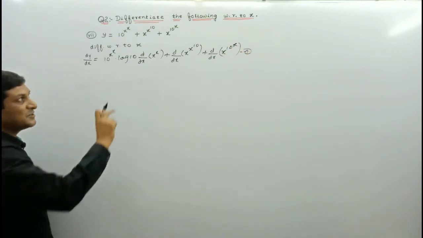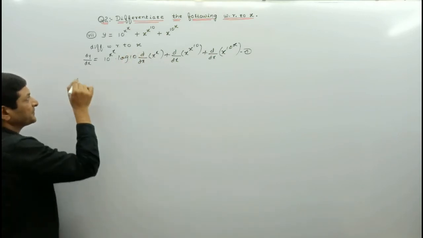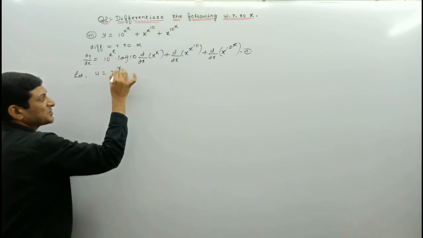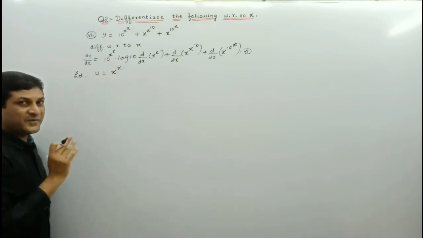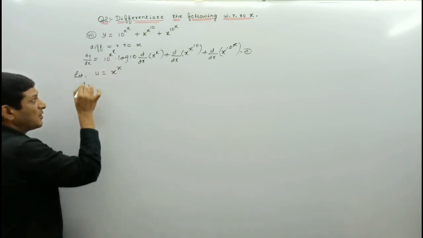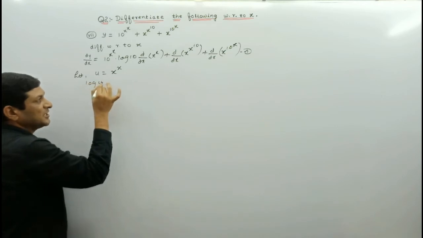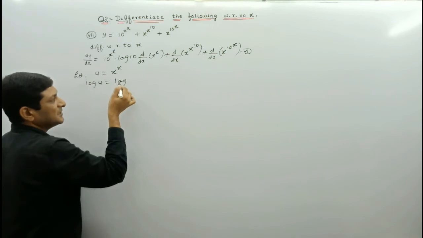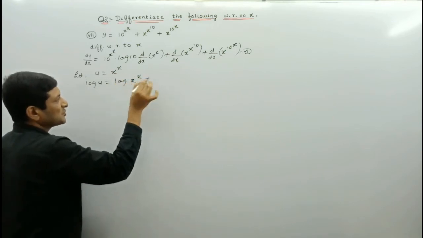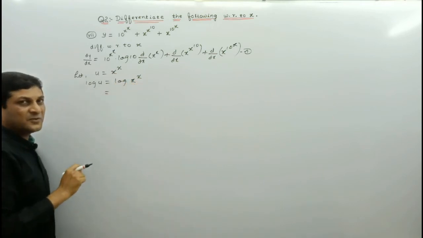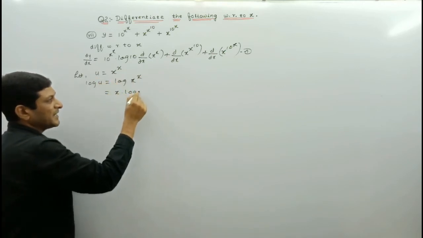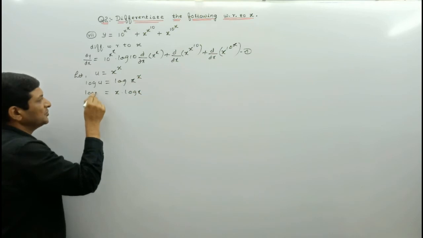Now we are trying to find out the differentiation of this term. So to find out its differentiation, let us denote it by u. u is equal to x raised to power x, which is in the form of f of x raised to power g of x. So apply the logarithmic differentiation method, means taking log on both sides. So log of u is equal to log of x raised to power x. Now according to the laws of logarithm, take this power as a coefficient. So x into log x, and on this side log u, keep it as it is.